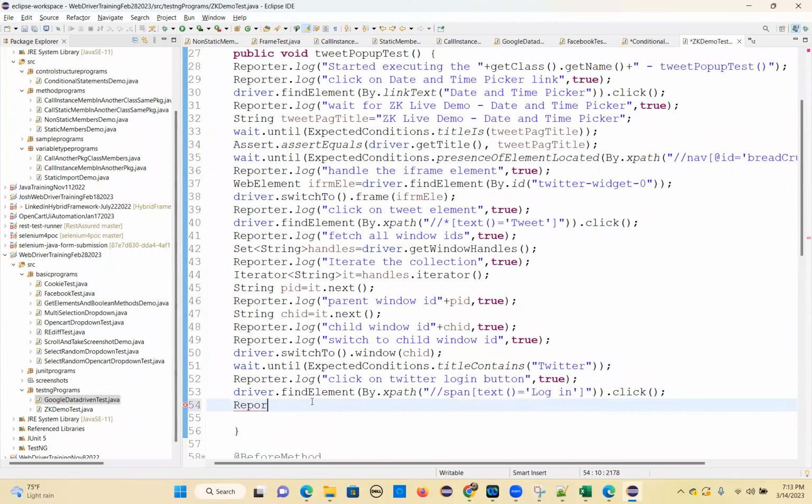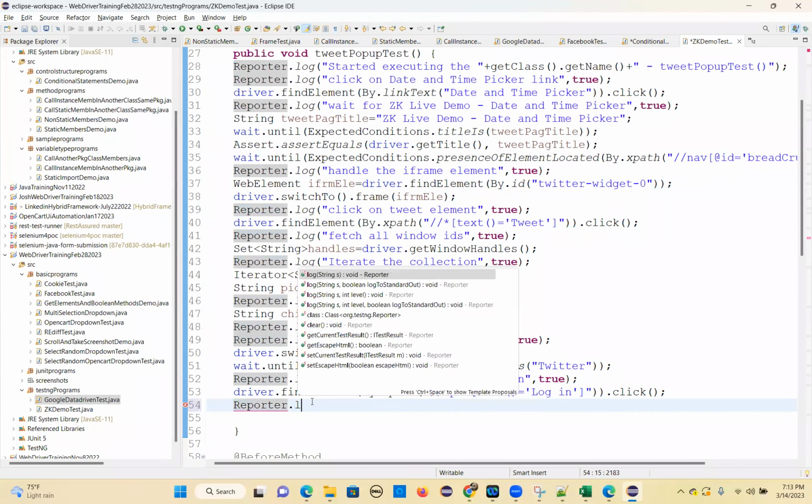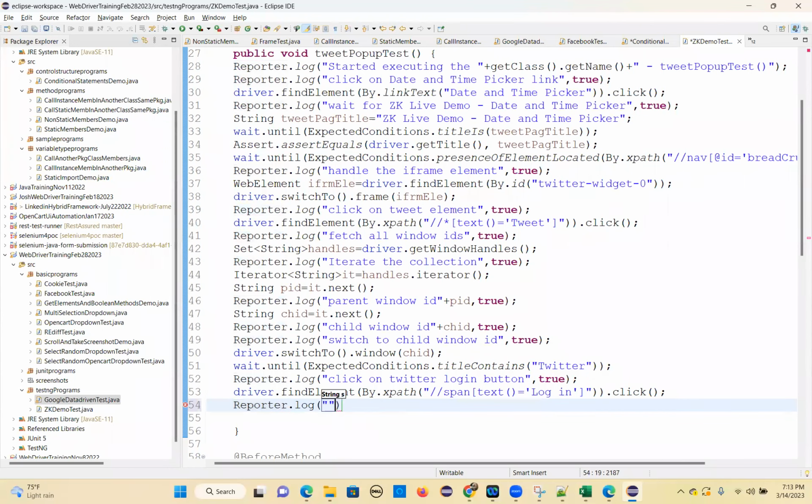reporter.log. So wait for the visibility of... I'll use visibility of element, okay? Visibility of element. How to do that? So first you identify the element, the web element,